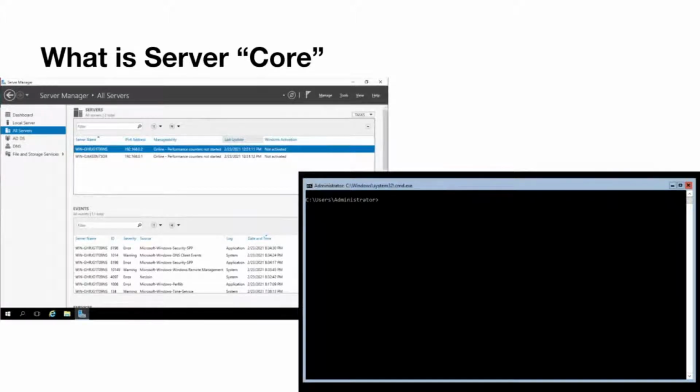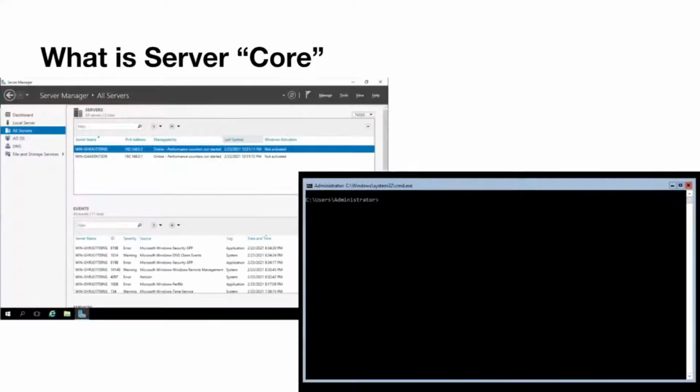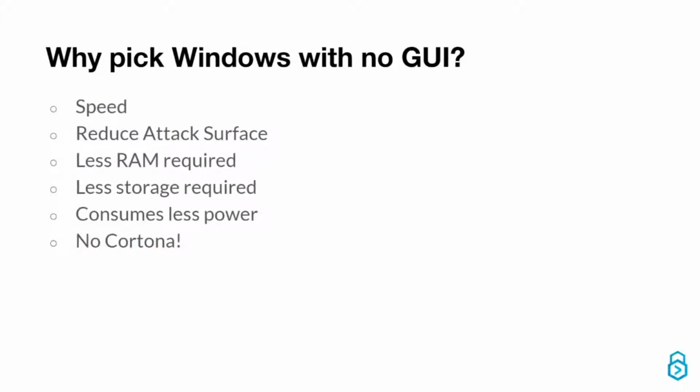All right, so what is Server Core? Server Core is basically everything that Windows Server Desktop Experience has, except it's only the command prompt and PowerShell. So you lose a lot of the code base that it comes with. The reason you would have a Server Core is it's faster, reduces attack surface, needs less RAM, less storage, consumes less power, and no Cortana, because everybody knows Cortana is just absolute